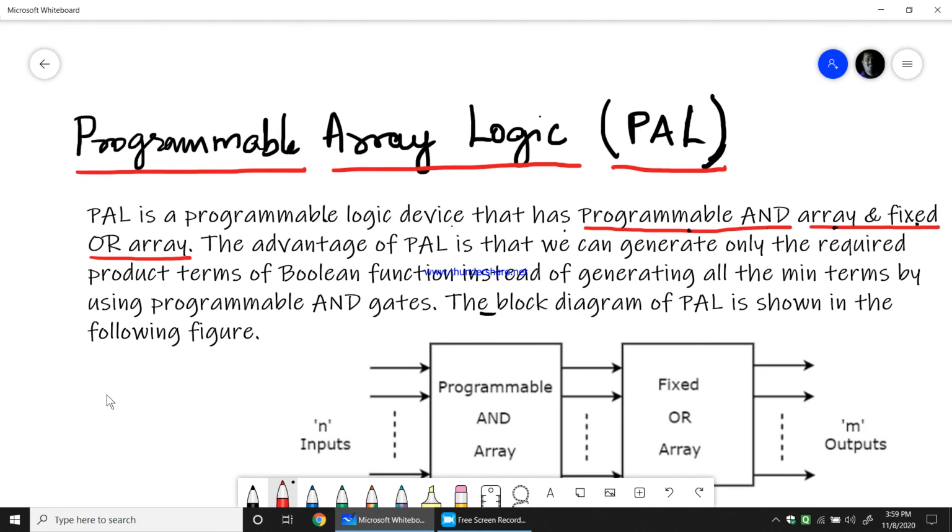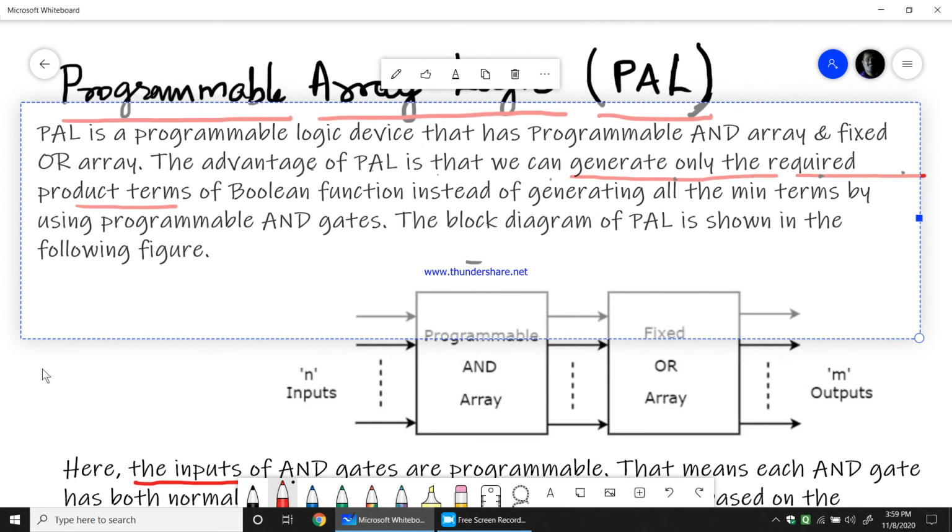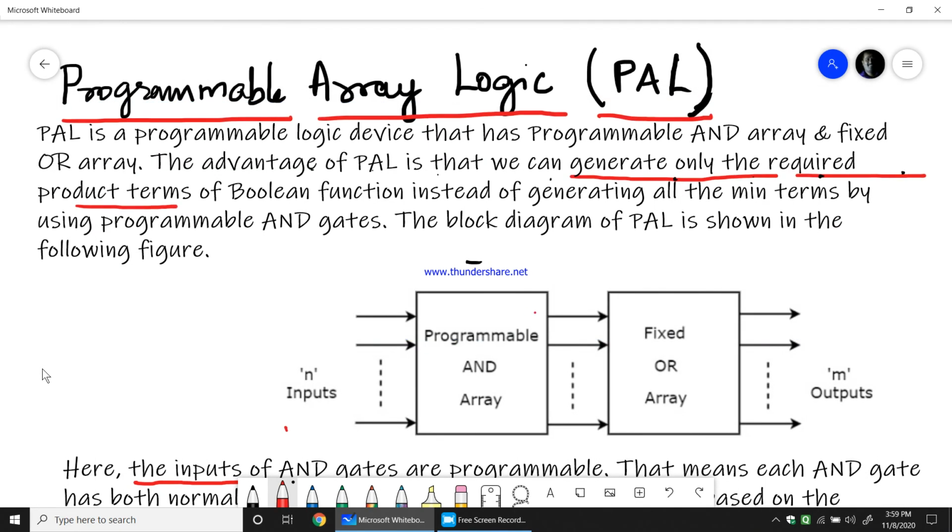So very simple. In PROM we fixed the AND gate and we programmed the OR gate, whereas in programmable array logic, which is PAL, we will have a programmable AND array, whereas a fixed OR array. So we program the AND array now, and we fix the OR array. Okay, so let us see